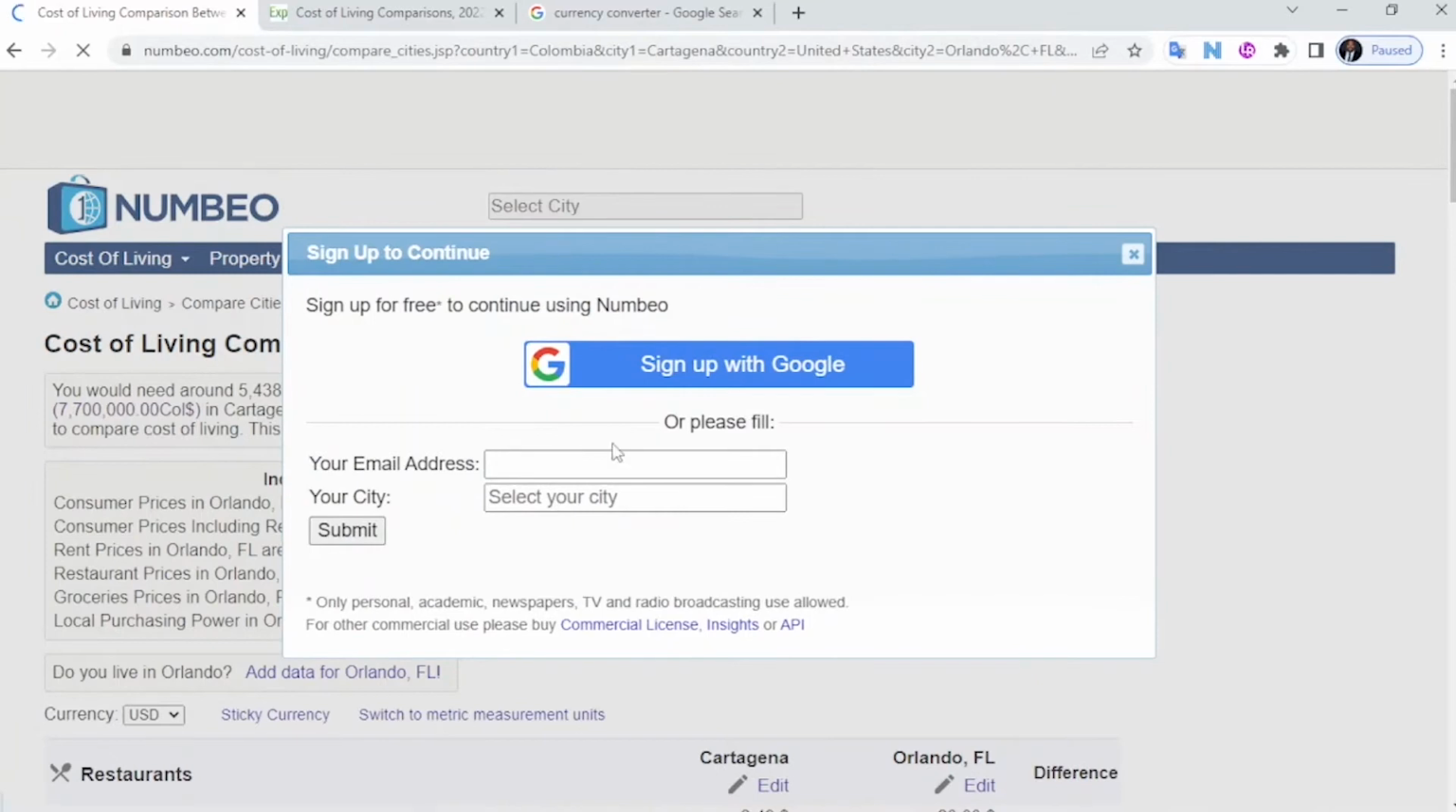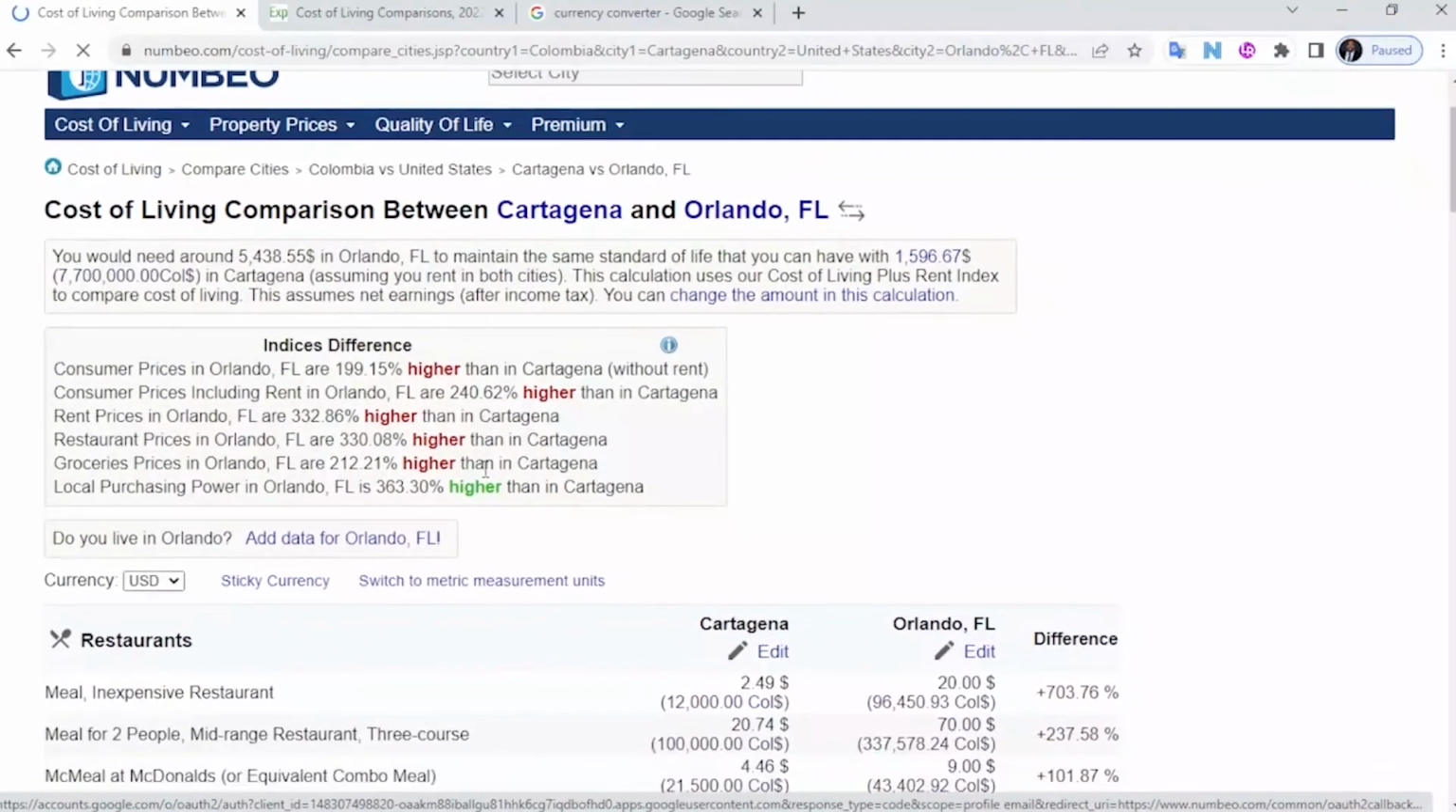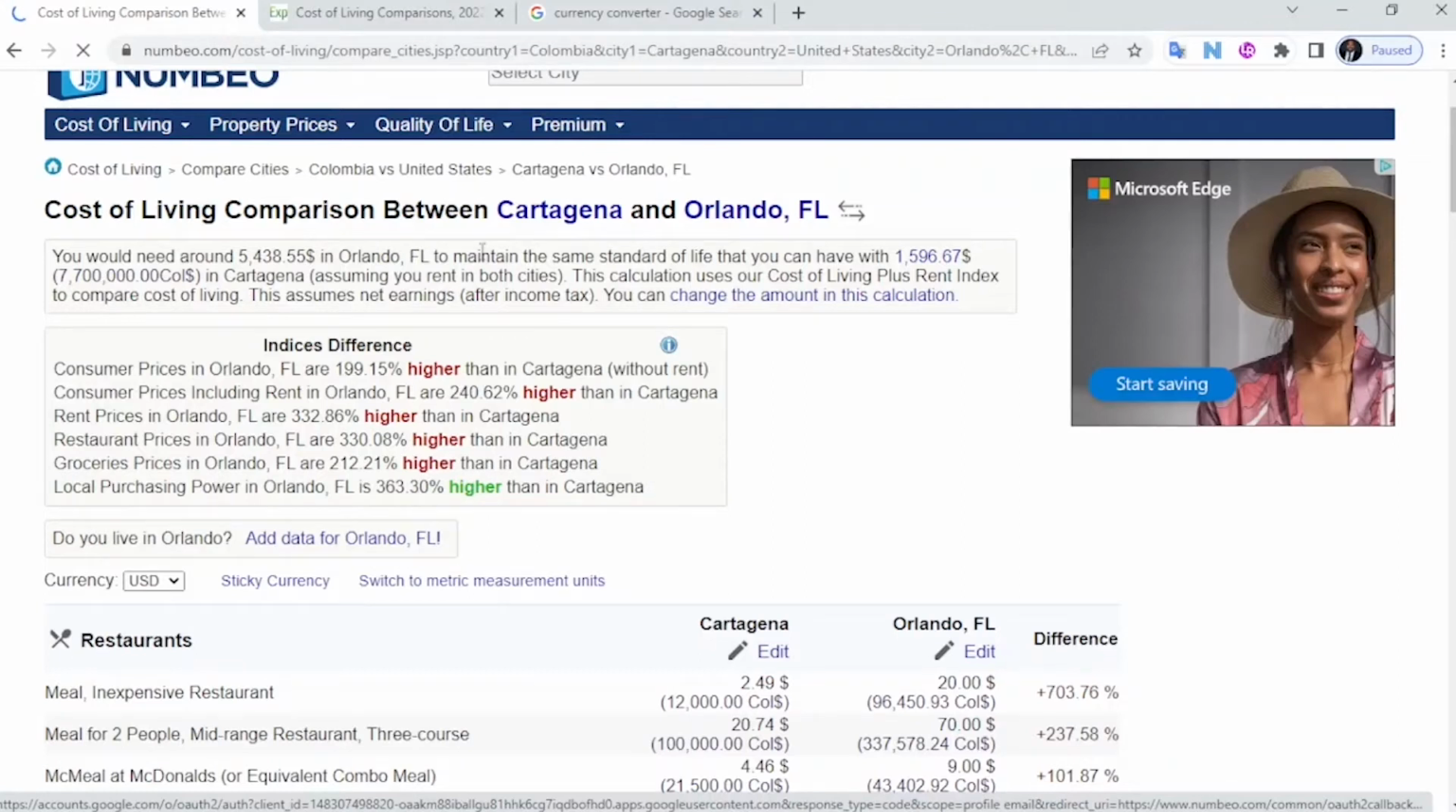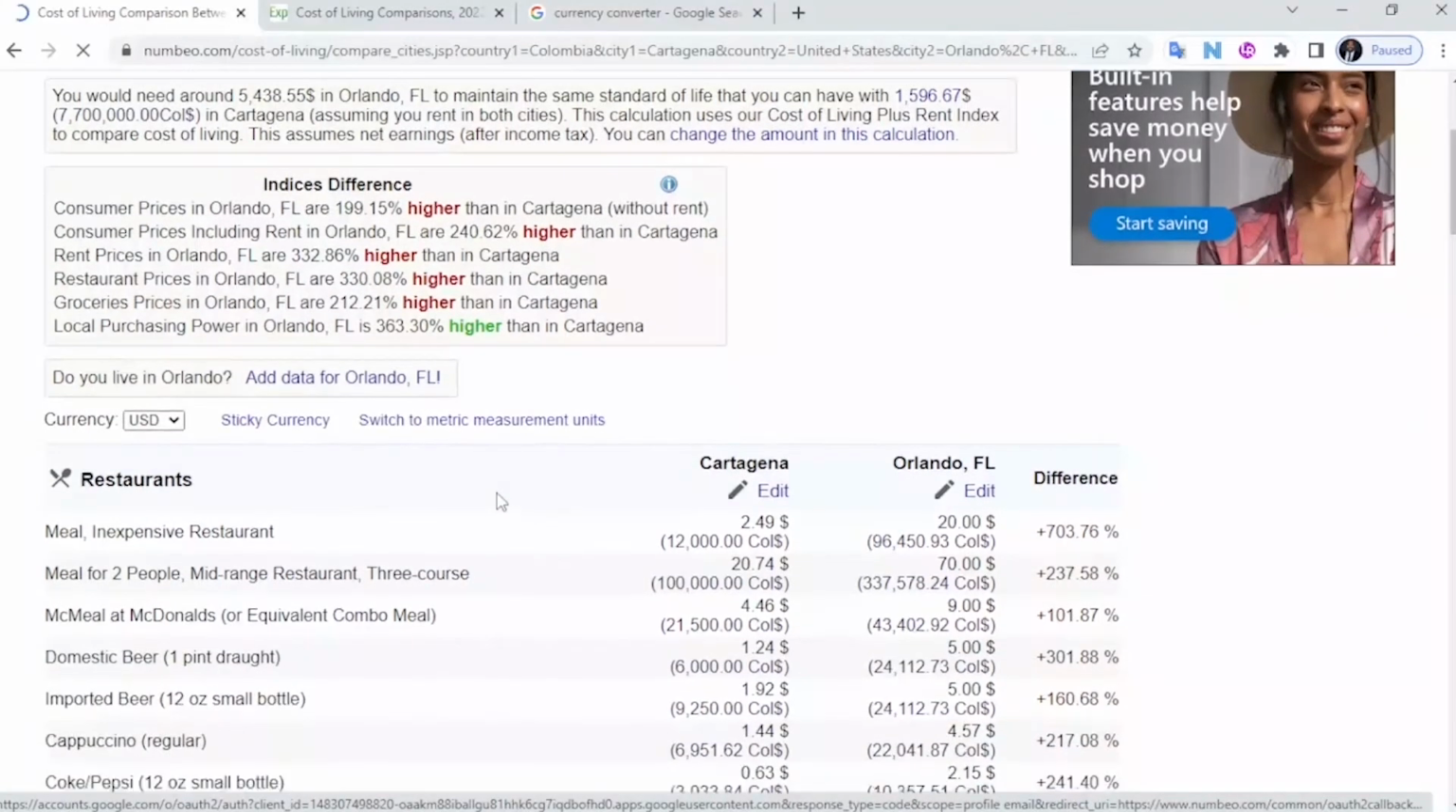And you can also sign up, I guess if you want to get email notifications or whatnot. You could do that, but we're not going to do that. And so basically here, it'll give you a lot of information,